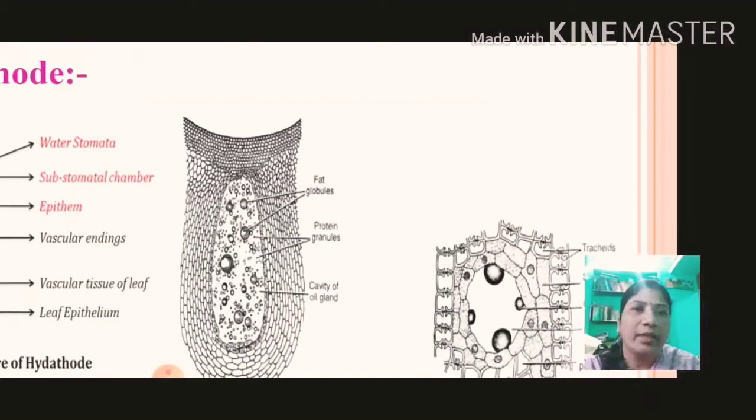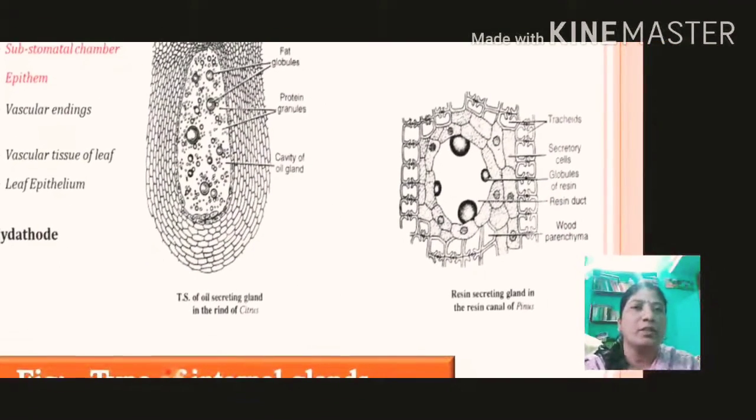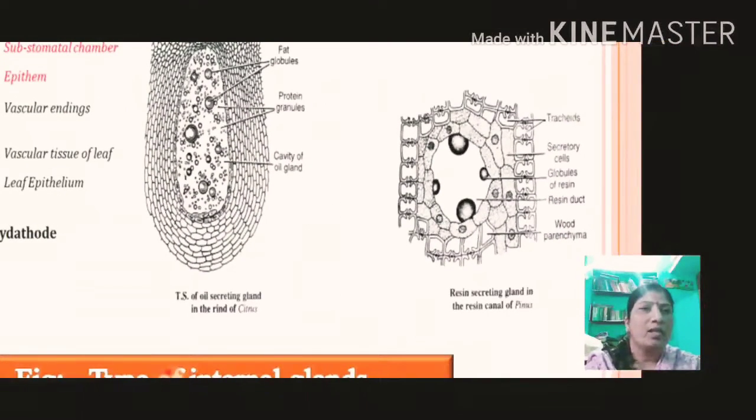Next is the transverse section of structures in Cycas. The globules are present, shown dotted in the diagram. Protein granules are present, a small number inside as contents. Then the last is the cavity of the glands, a chamber-like structure where small protein granules are attached to the gland cavity. This picture shows a transverse section of the secretory gland in Cycas.